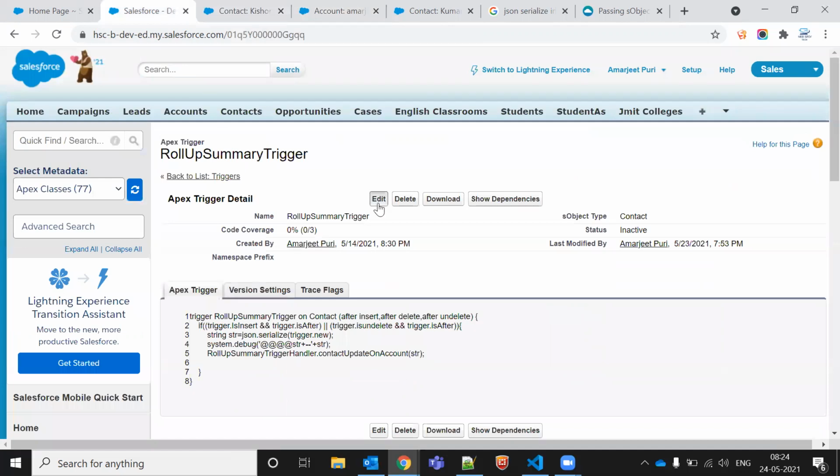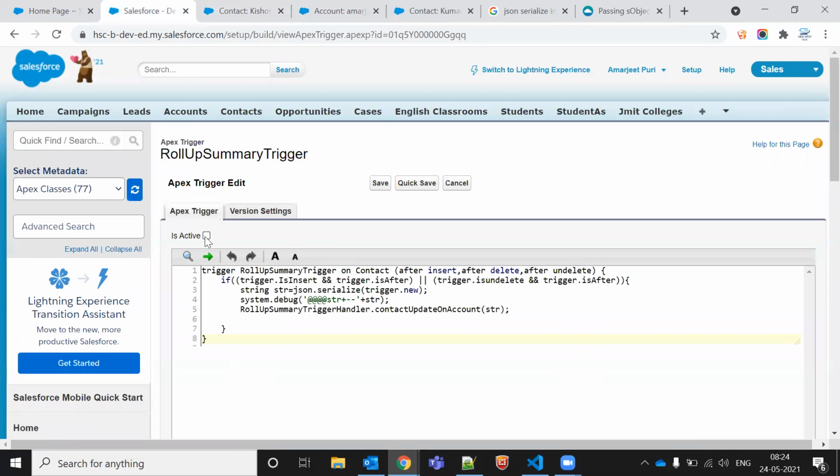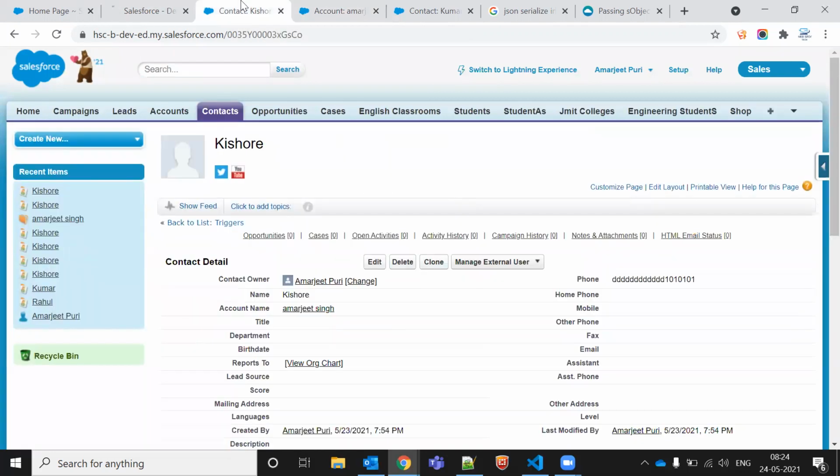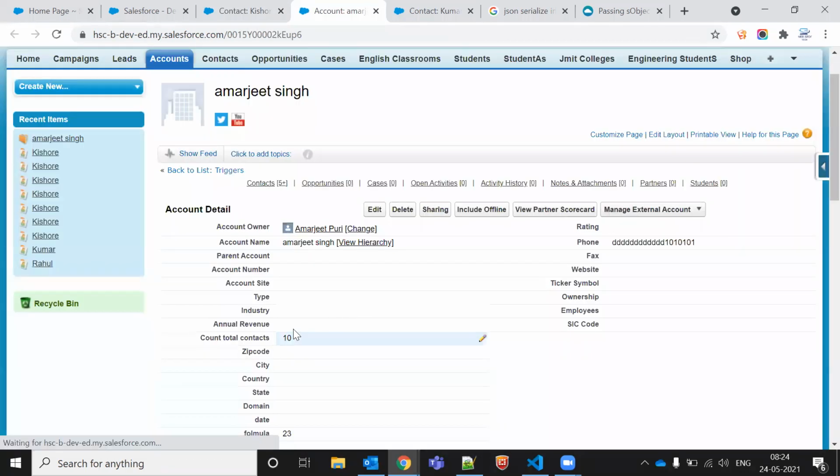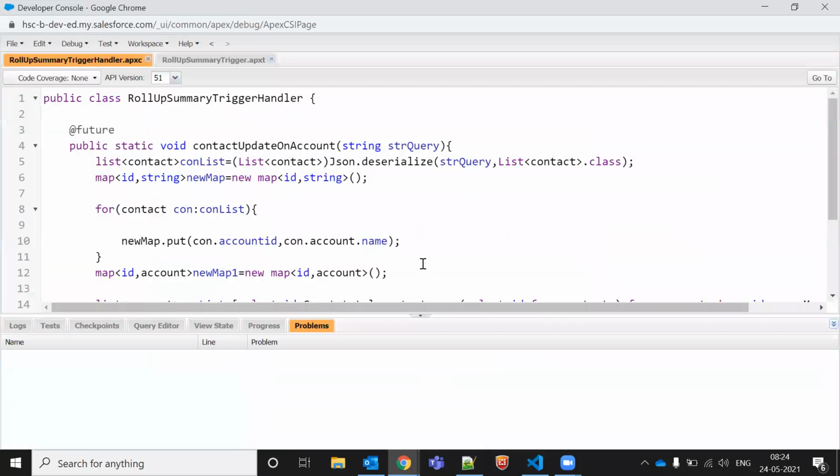In the same way, if I activate this one and work with that, it should work. It should display some 10 records. It is 10, right? So now we can say it is working fine.